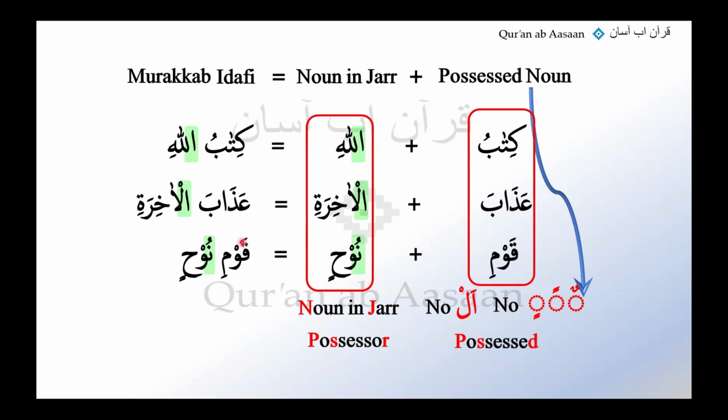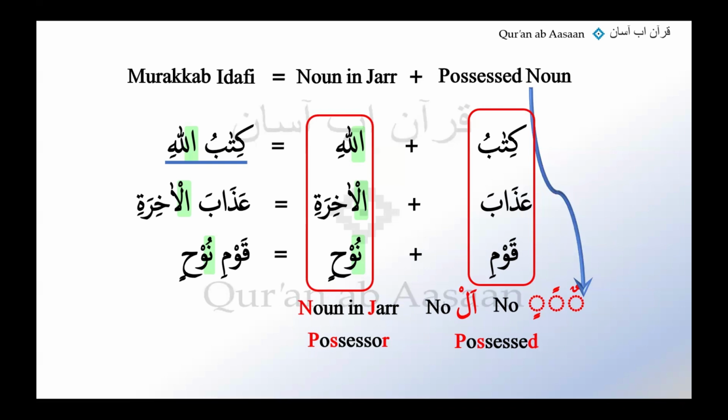So, what color are we going to pick for this one? Any random color? No, we are going to pick the dark blue color, not the light one that we've been using for the Tanveen. We are going to use the slightly darker blue color to underline this murakkab like this. You see, like this Kitabullahi, okay?